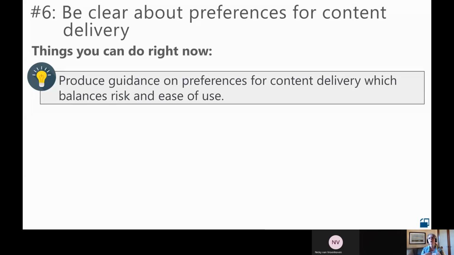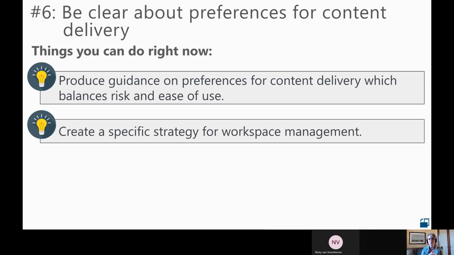And that will help somewhat reduce risk as well, because your preferences are known and people are a little more well educated. So the idea here is if we do need to balance some risk with ease of use as well.